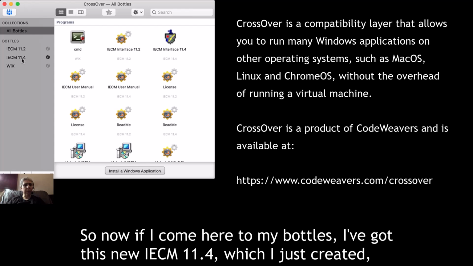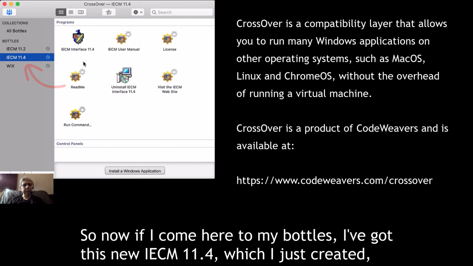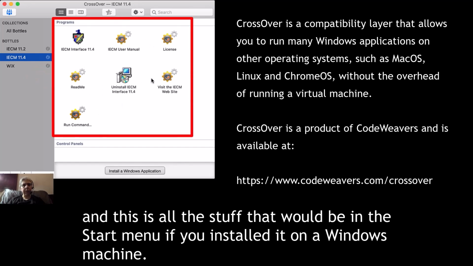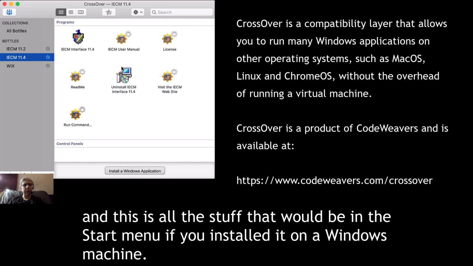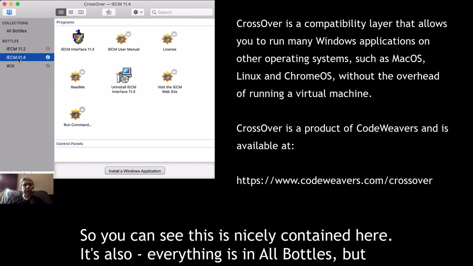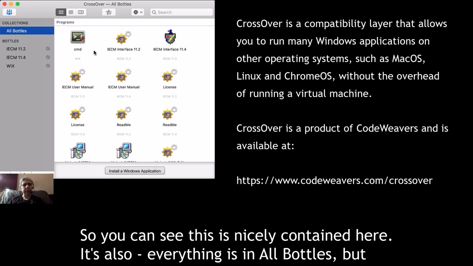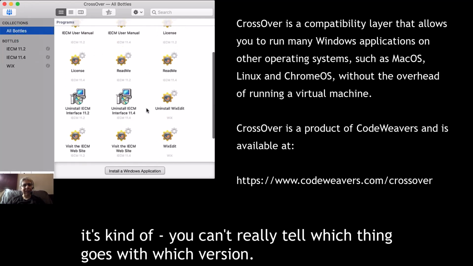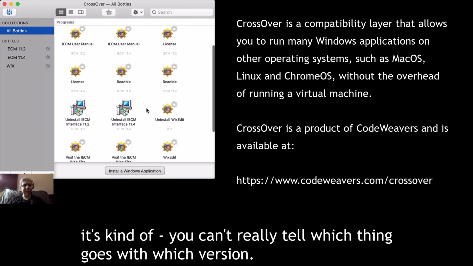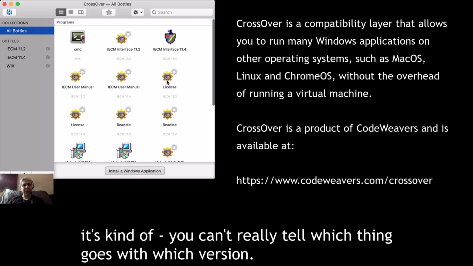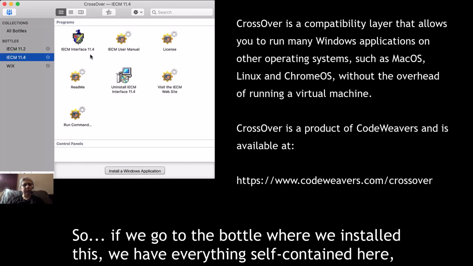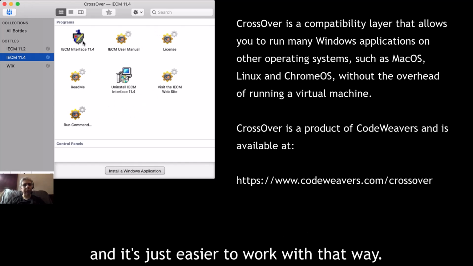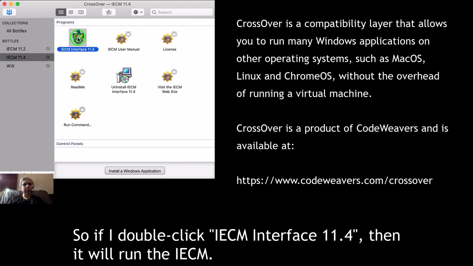So now if I come here to my bottles, I've got this new IECM 11.4, which I just created. And this is all the stuff that would be in the Start menu if you installed it on a Windows machine. So you can see this is nicely contained here. It's also, everything's in all bottles, but you can't really tell which thing goes with which version. So we go to the bottle where we installed this, we have everything self-contained here, and it's just easier to work with that way. So if I double click IECM interface 11.4,